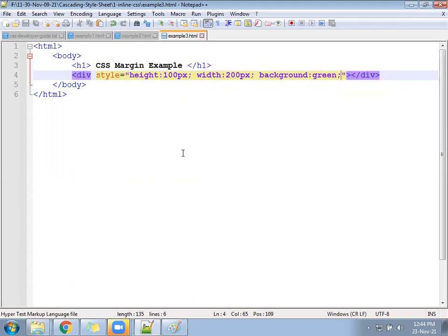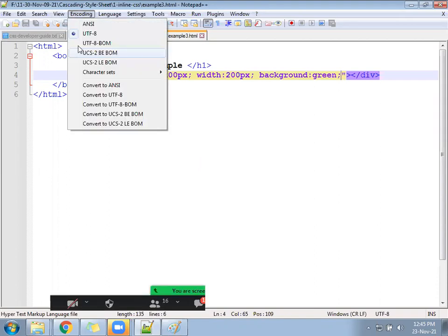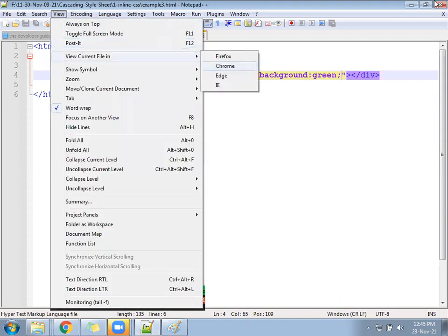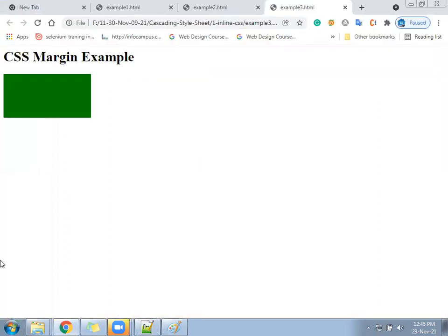By default, all the tags of HTML start from the left side. So this division also will print on the left side only by default. The CSS margin example, so it is coming on the left-hand side.